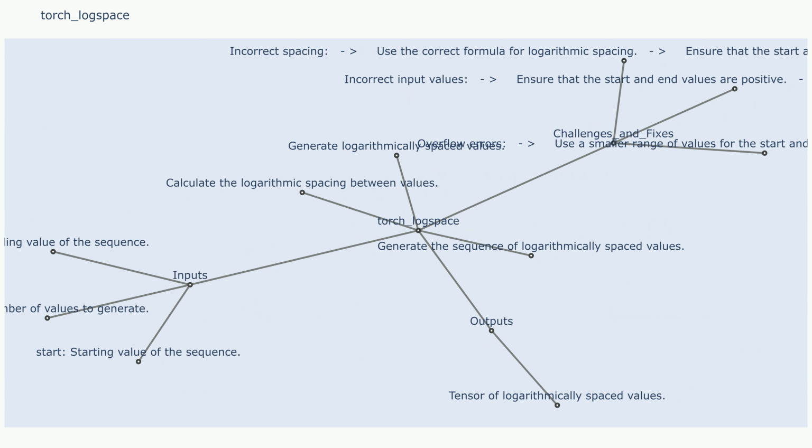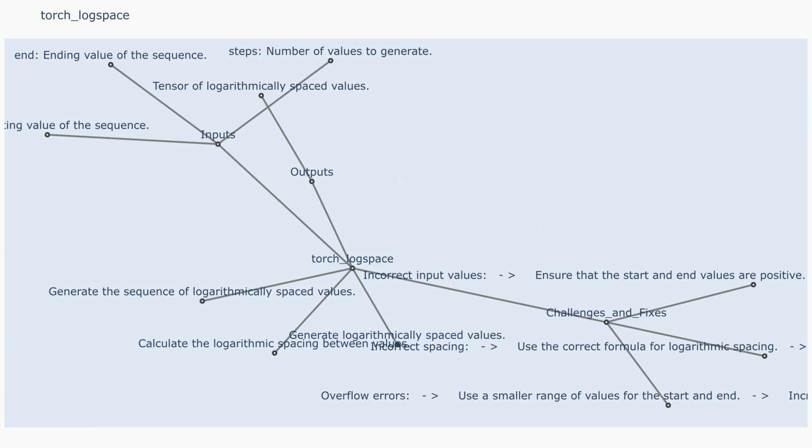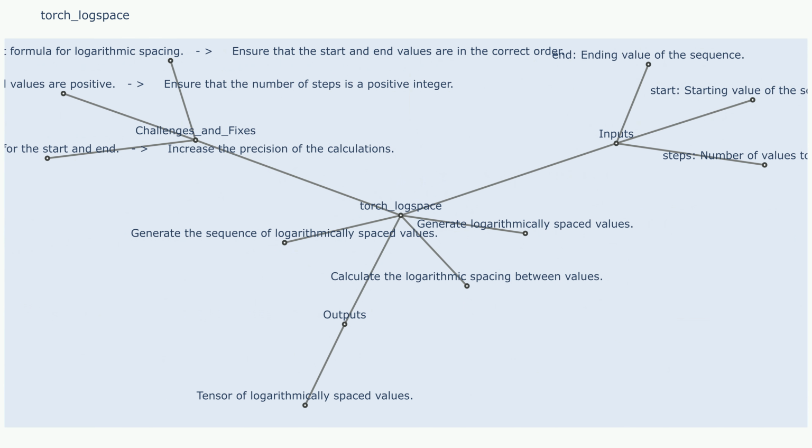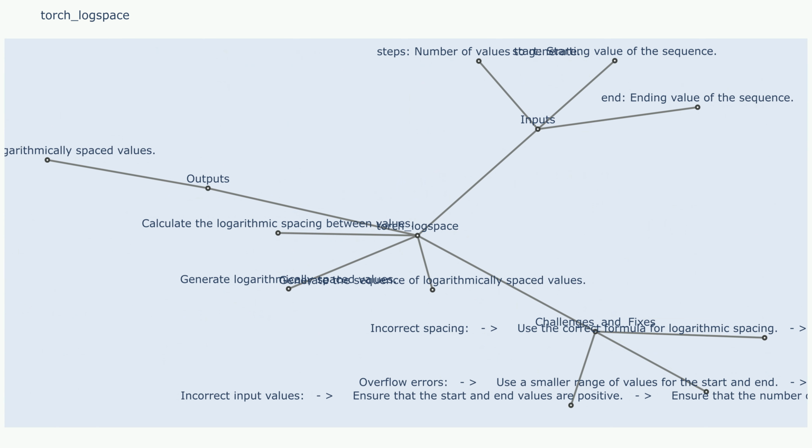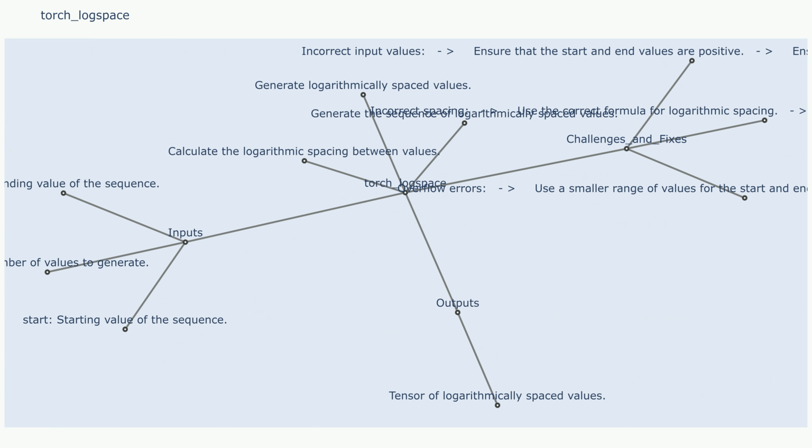Steps. Calculate the logarithmic space between the start and end values. Generate a sequence of elements within the calculated logarithmic space. Convert the elements back to the original scale using the specified base. Challenges and fixes. Challenge 1: invalid input values. Sample use case: providing non-numeric values for start, end, or steps. Fixes: ensure that the input values are valid numeric types, float for start and end,